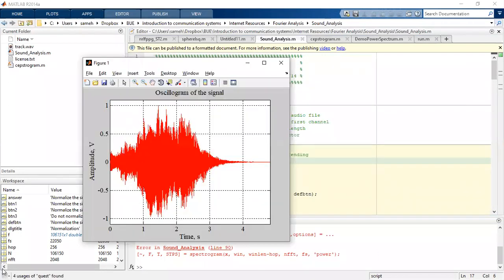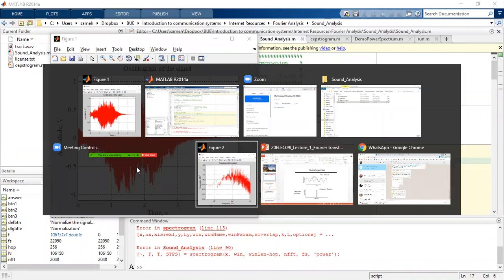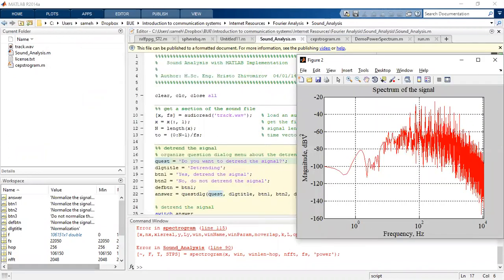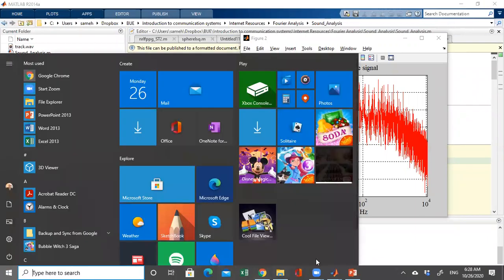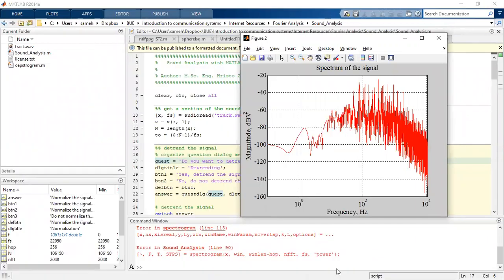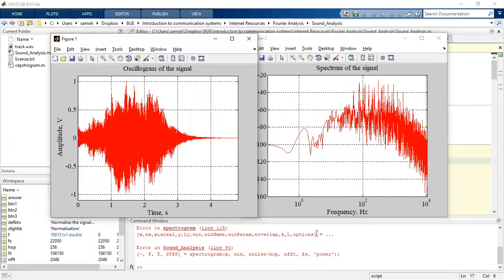Okay, perfect. This is the time domain signal. This is the sound in the time domain, as you can see. And this is the frequency domain signal. This is the allocation of the frequencies everywhere in the frequency domain. Just trying to make both appear in one slide. Okay, so yeah, this is the time domain on the left-hand side, and this is the frequency domain